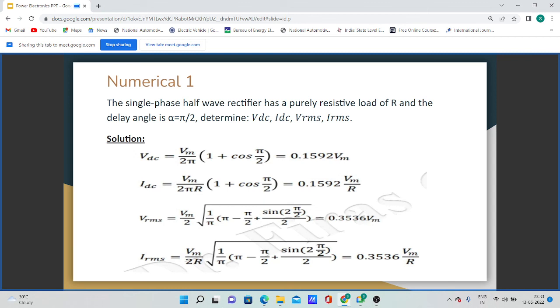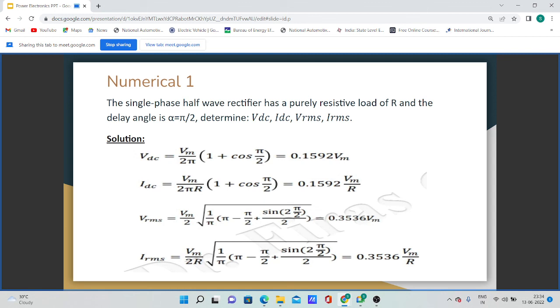VDC is nothing but Vm upon 2 pi (1 plus cos pi by 2), which equals 0.1592 Vm. We will get the value in terms of Vm because the value of Vm is not given in the numerical. Then IDC equals Vm upon 2 pi r (1 plus cos pi by 2). It will be